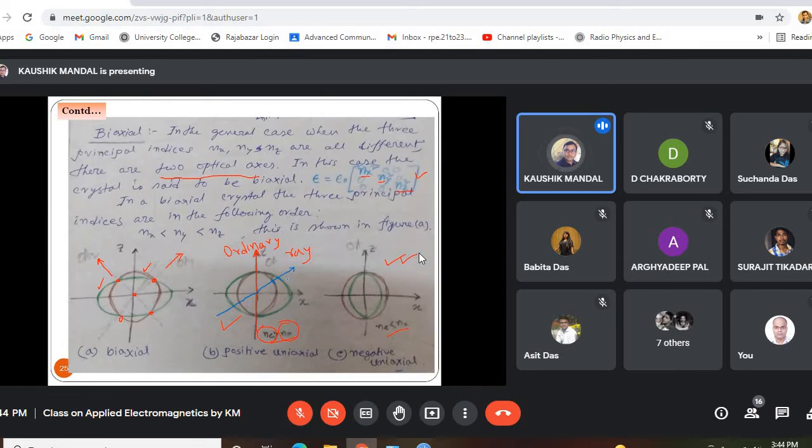So any light that is not passing through the optical axis of the crystal will be known as the extraordinary ray. Clear? Any light wave or electromagnetic wave passing through any arbitrary axis which is not the optical axis of the crystal will exhibit two different phase velocities at the two different surfaces of the normal surface. So the corresponding ray or wave is known as the extraordinary ray, and the corresponding refractive indices depend on the direction of propagation. So they are known as the extraordinary refractive indices. Clear?